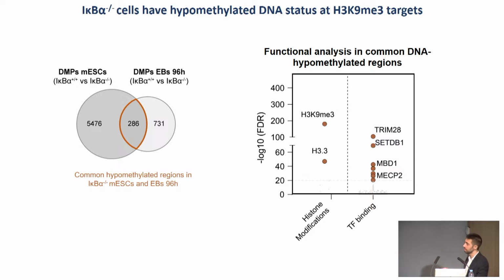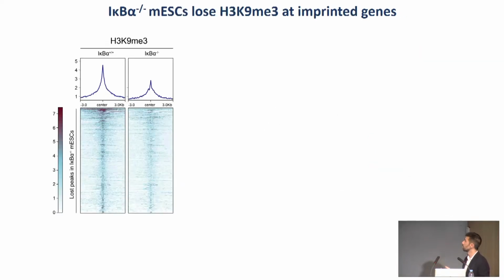And even more interestingly, we saw that these regions were also bound by the ZDB1 TRIM28 complex, which is the complex that deposits the lysine 9 trimethylation mark. So this data suggests that upon IKBKB alpha depletion there could be some effect on this lysine 9 trimethylation deposition, which in the end is going to lead to a failure of the DNA methylation. So to test this hypothesis, we did some ChIP-seq of lysine 9 methylation